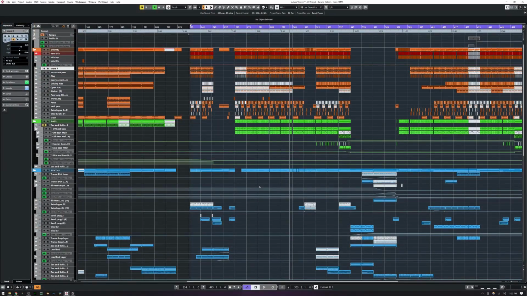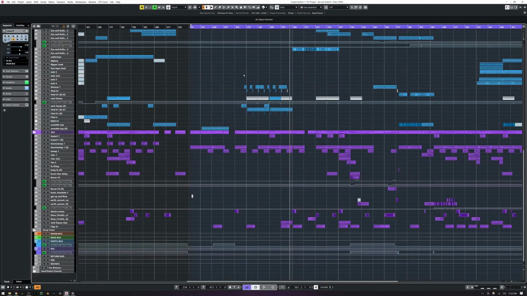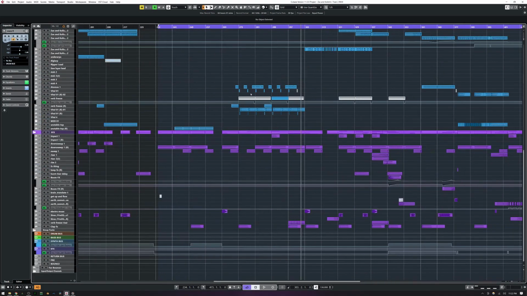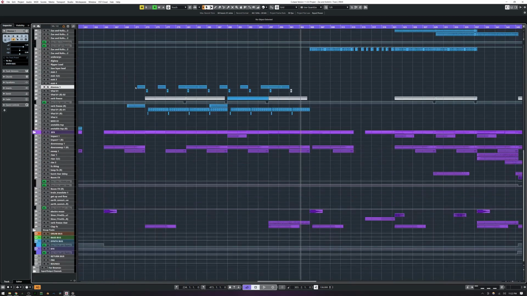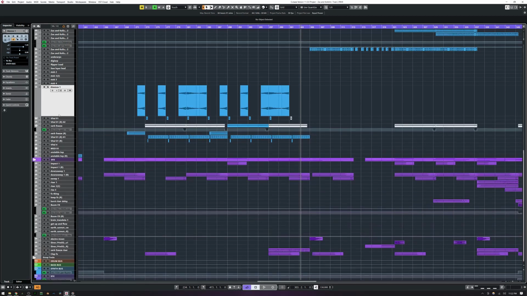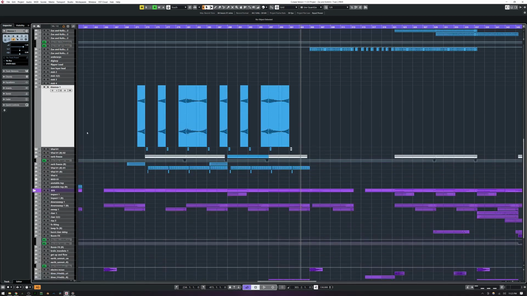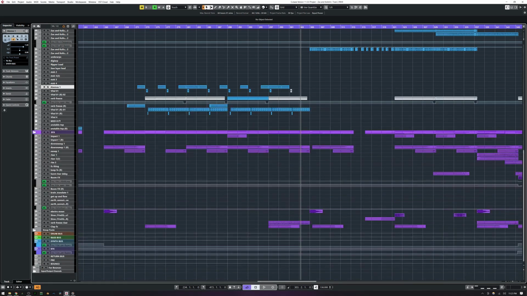So Cubase here has a few different ways to move around the project. It's pretty self-explanatory. Zoom in, zoom out, up, down. Track height, to me, is really important in being able to adjust those. You can obviously do that like this, pull them down, and everything's good to go. But where Cubase takes the cake, and it makes it far superior over Studio One in this regard, is